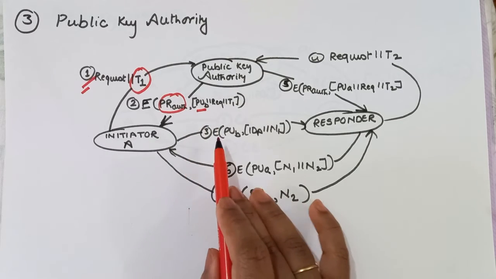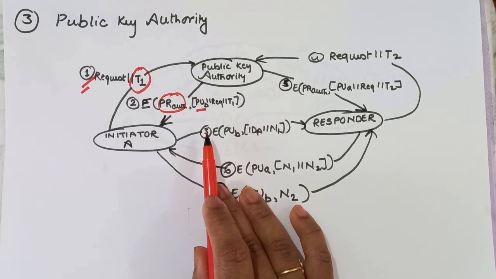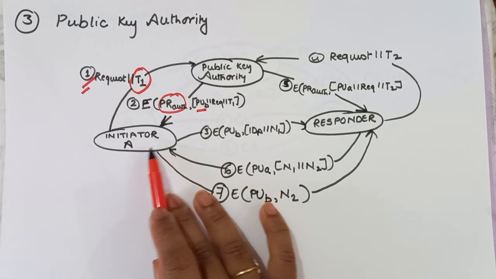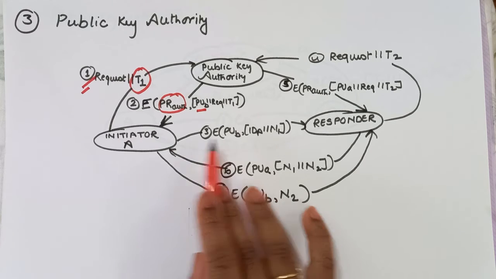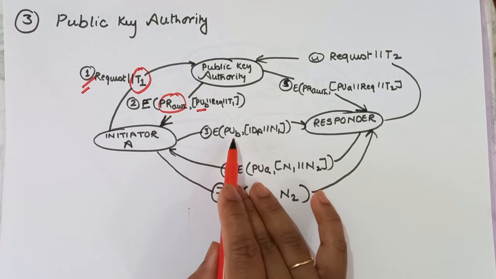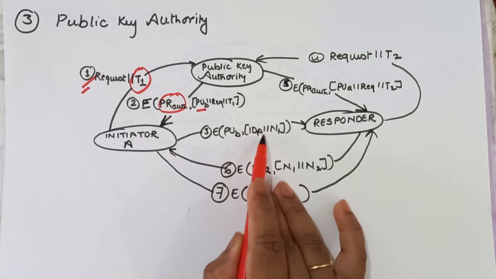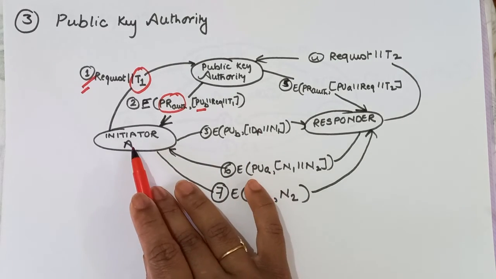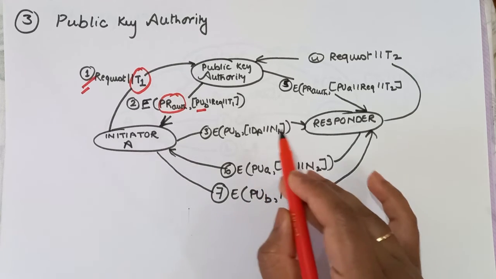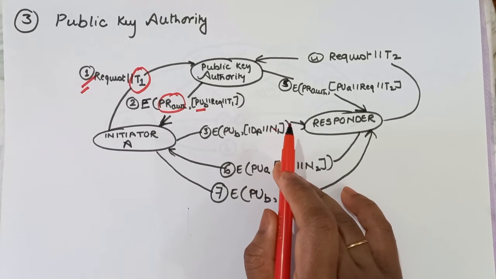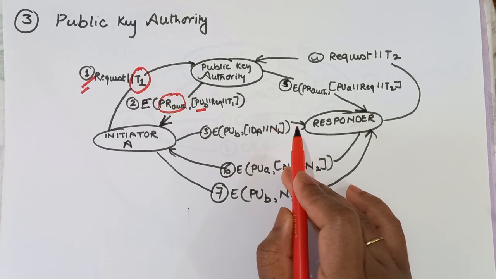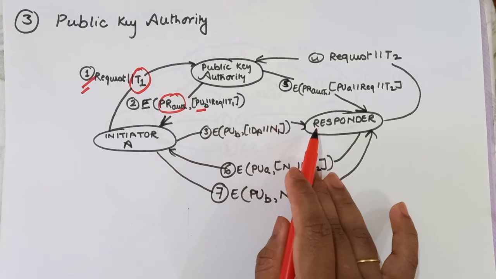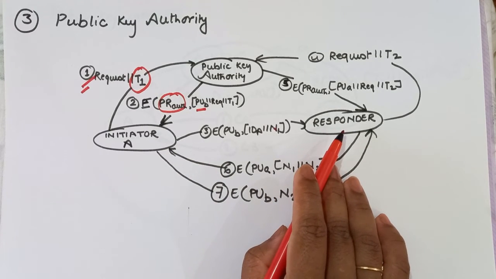After getting the public key of B, the third step is that initiator A will encrypt the message that A wants to send to B using the public key of B, and will also mention its ID so that B can refer that it is from A. The original initiator A sends it with the nonce. Now what is a nonce? A nonce is something which is used for identifying the transaction that is being done. So this is how initiator A is going to talk to a respondent.